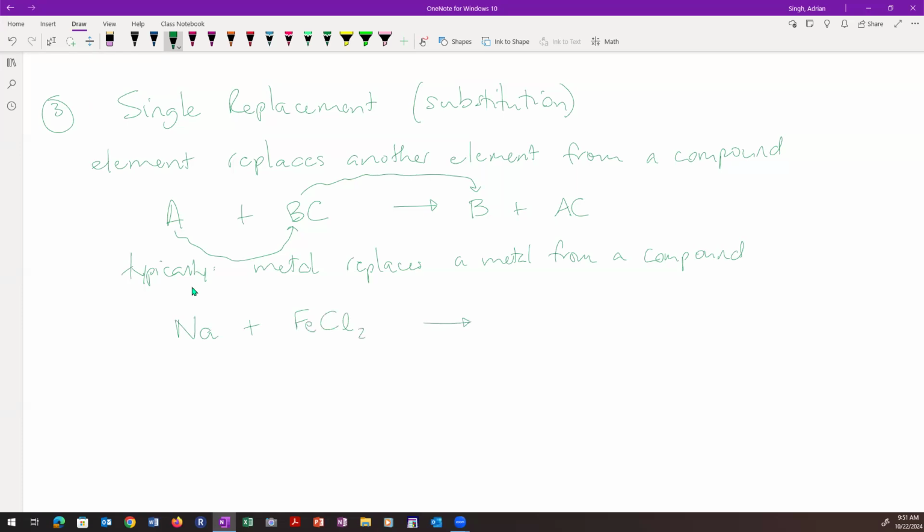Okay, what can happen here is the sodium can come in and kick out the iron, so now we end up with iron, Fe. And then the sodium combines with the chlorine to make sodium chloride, which we know how to come up with the formula for. It's NaCl. And then we just need to balance our equation, right? So we'd have a 2 there, and then a 2 in front of the Na. That's a single replacement reaction